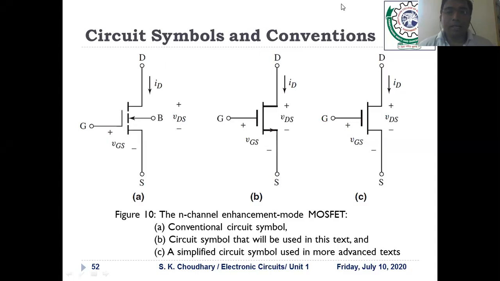So, in the last lecture, we have learned about the construction of the MOSFET. We have also learned the operation of the MOS transistor, as well as how to draw the ideal ID-VDS characteristics. So, we have learned systematically